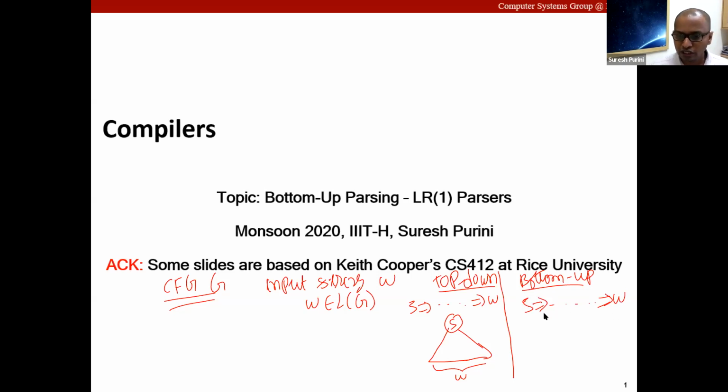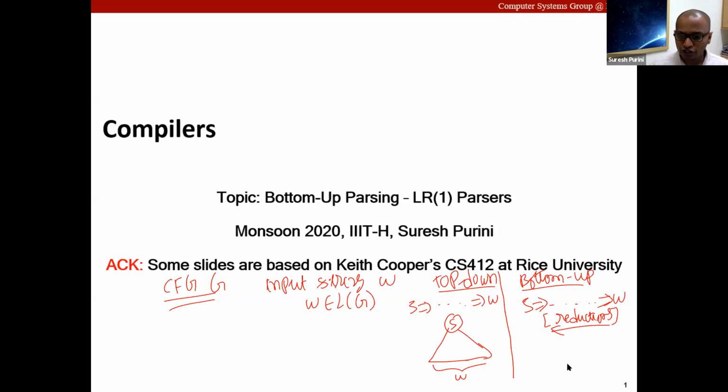So we want to use a sequence of reductions. The opposite of derivation is reduction. So we want to use a sequence of reductions in order to arrive at the start symbol S. So we discover this derivation in the reverse order.